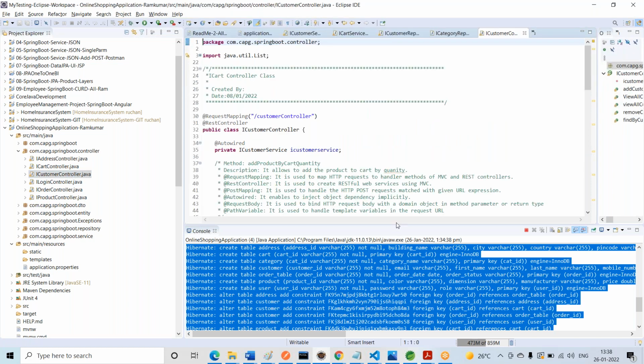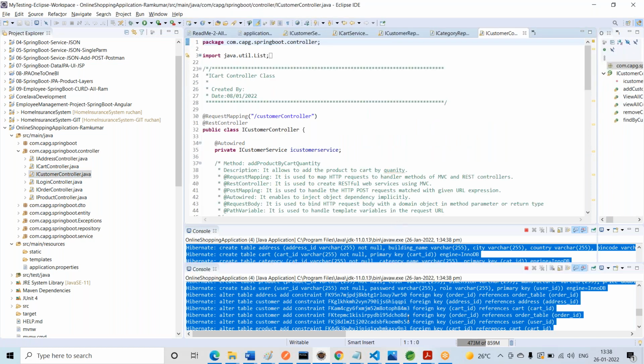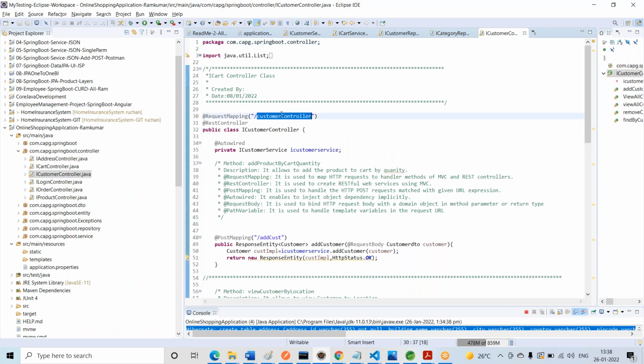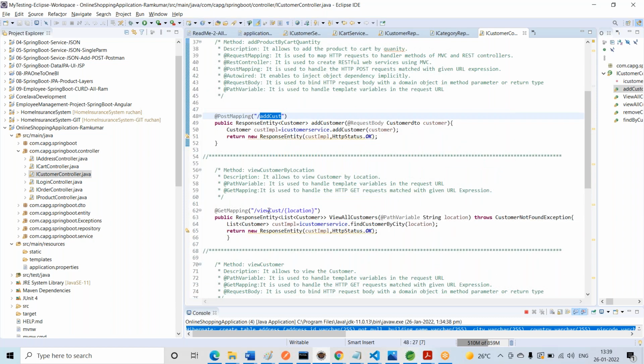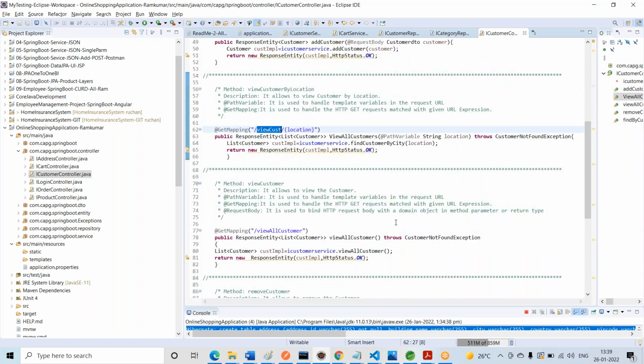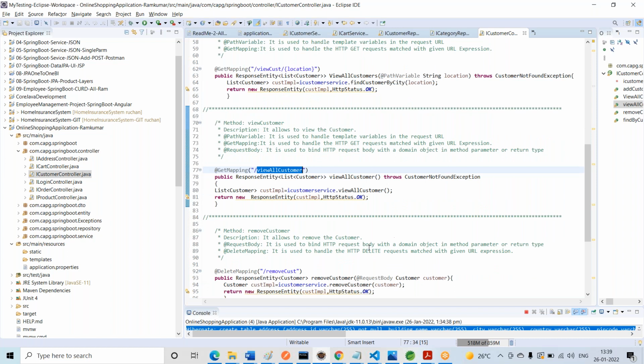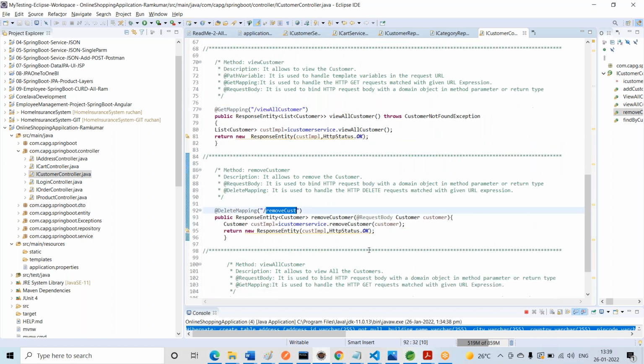In this customer controller, next is ICustomerService. The methods are add customer, view particular customer, view all customers, and remove customer.